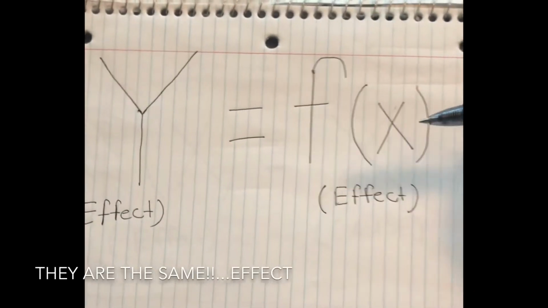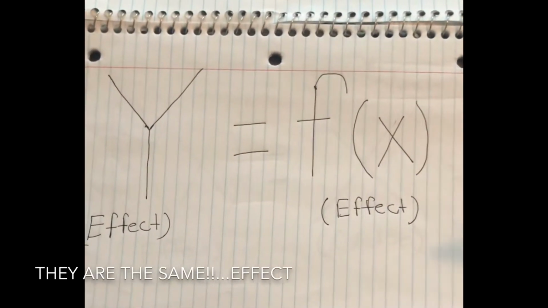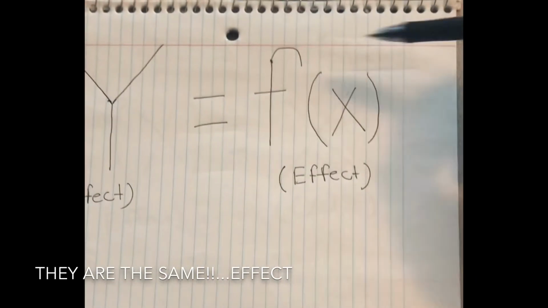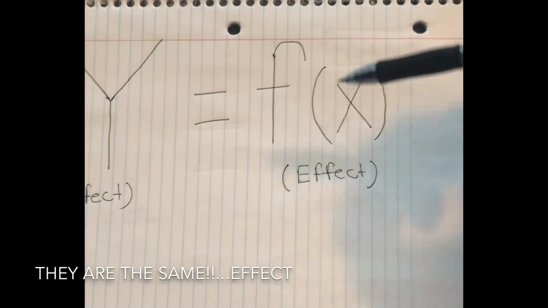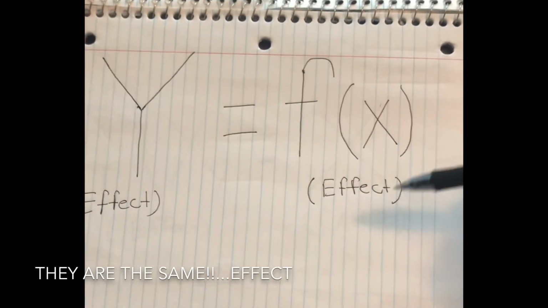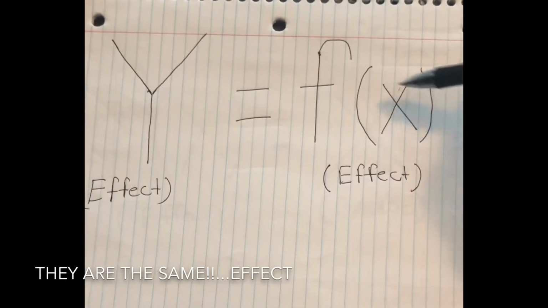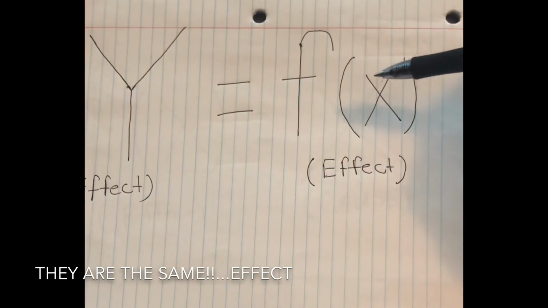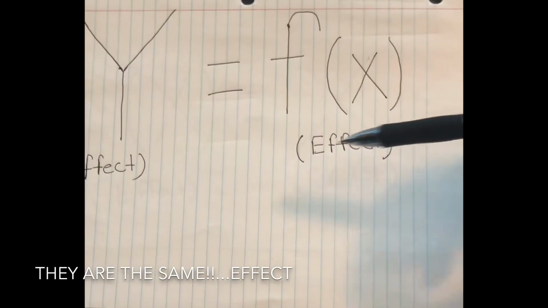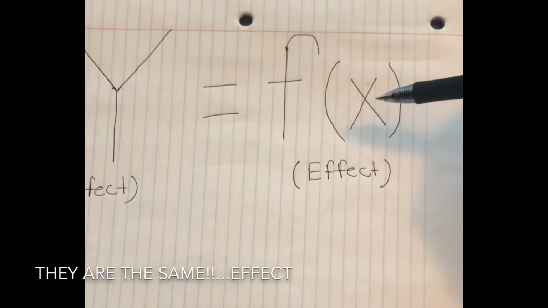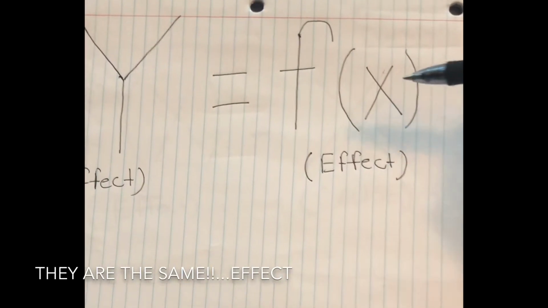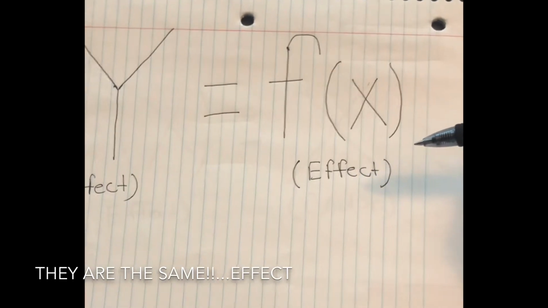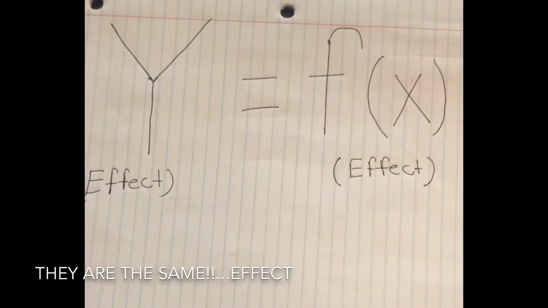So if you've taken a math class, you might have always heard your teacher say y equals f of x. So what is f of x? Well, this is just another way of saying effect. It's just saying that if you have a cause, which is the x, that'll lead to the effect, which is the f of x. So that is equal to y. So when you see this, don't get confused. It's just saying y, effect. The cause in the middle, and then the whole thing is the effect. So these two are equal.